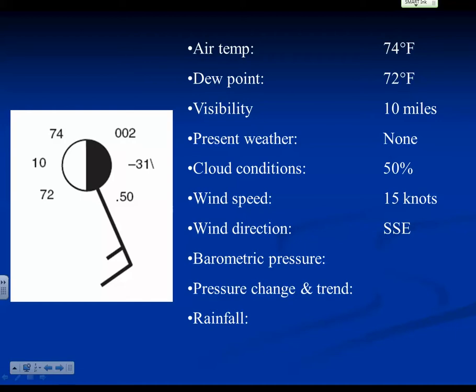But southeast would get you an okay answer on this. Barometric pressure, 002. Remember, if it's below 500, what do you put in front of it? If you said 10, that's correct. So it would be a 10 in front and a decimal before that last number, which is 1,000.2